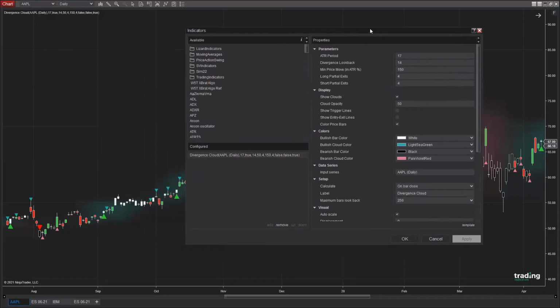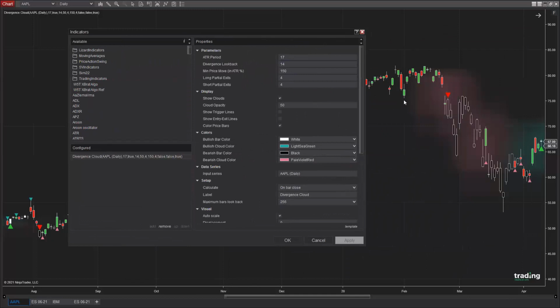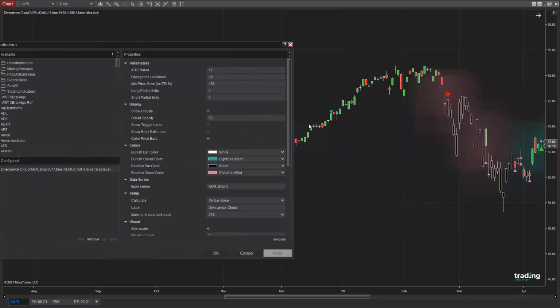By adjusting this parameter, you can decide how early or how late you would like to engage in a counter-trend trade. This is the minimum price move against the predominant trend. So let's say we are in an uptrend and we potentially are looking for a reversal. This is a percentage value relative to the ATR, which is required for price to move against the direction of the predominant trend in order to issue a signal.